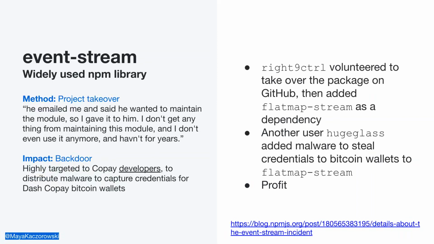Now, the reason I love this example is that it took 2 months to find. People were trying to do the right thing. People were trying to be helpful. And it was so targeted, right? It targeted developers of a particular piece of software, right? This is the kind of thing that we didn't really think was possible, or at least I didn't really think was possible. Like, I kind of liken it to Stuxnet, right? Making something that targeted and that specific in this environment is crazy, and yet it's happening. We see it happening in the real world.